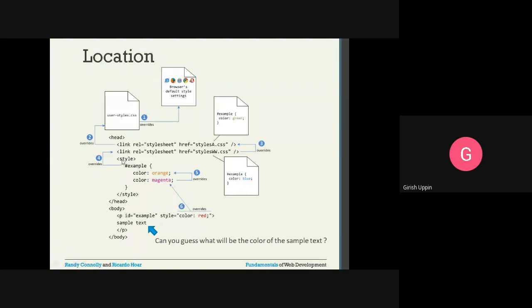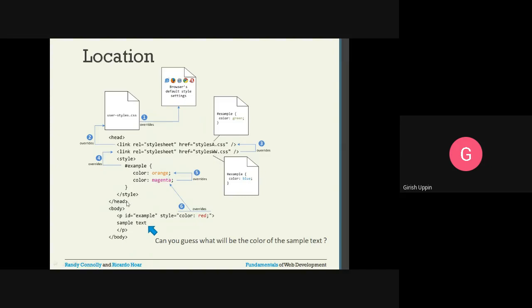Then we have again specified the format inside the style, hash example color orange. So color orange will override this blue color, and inside the example itself I have magenta. Whatever is specified later, the latest, will override the previous one.